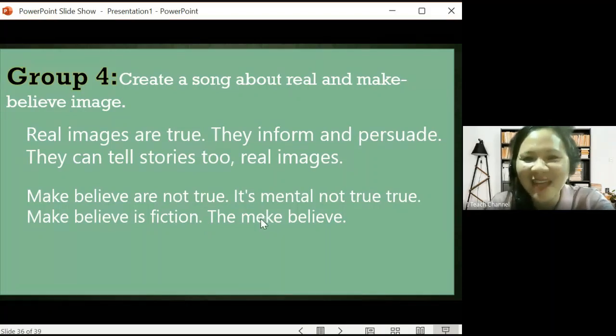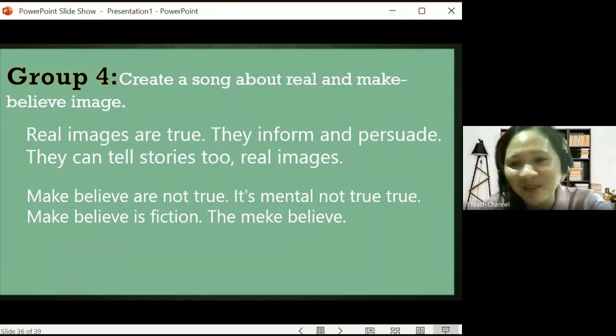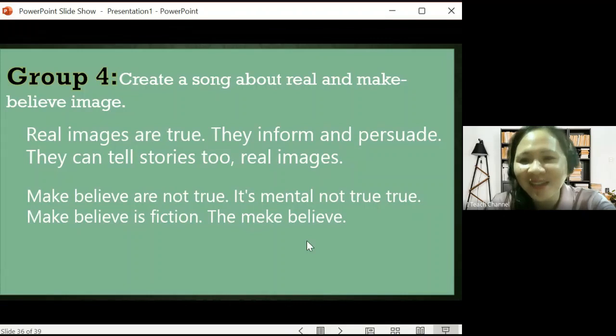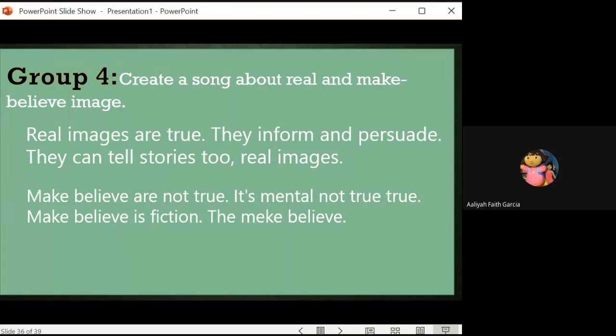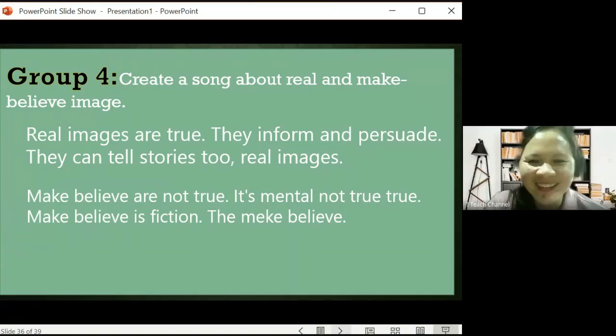All right. Oh, the spelling of make is wrong. All right. Very good. Wow. I think the group 3 are all singers. All right. Okay. Clap your hands. Give 5 claps to group 4. 1, 2, 3. Very good. Wow. We have singers already. Next time you are going to dance.